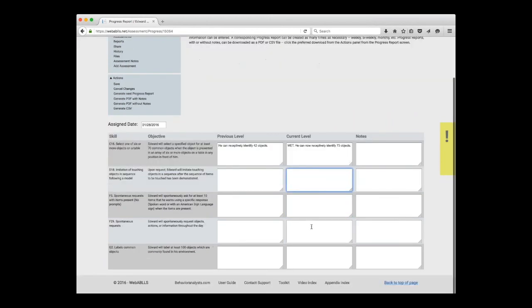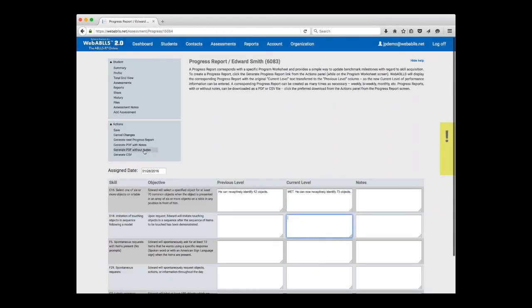I just fill it in and I can submit it. I can print it with notes, or I can print it without notes. If I want to have notes for myself in the IEP meeting or program planning meeting, I can print those out for myself. If I don't want others to see the notes, I can easily do this. I can also export it so that I can put it into district programs and so forth. So anyhow, this is how I do it.